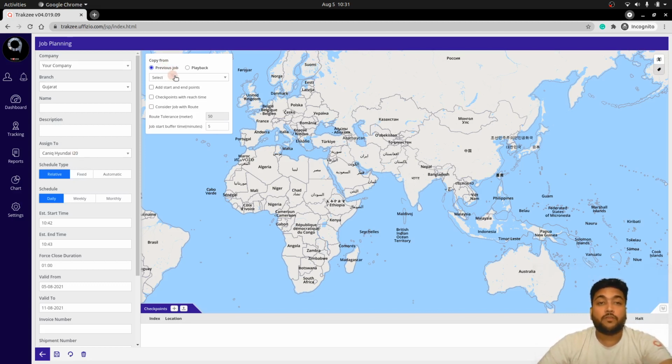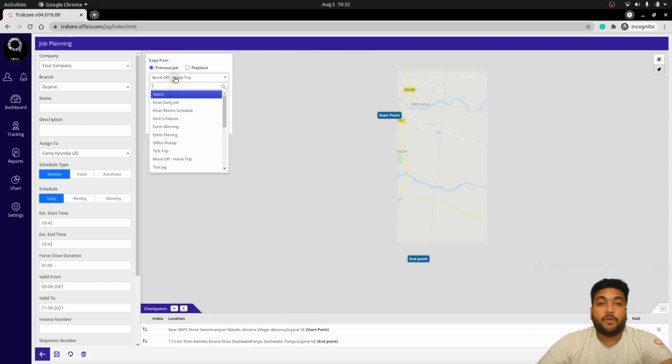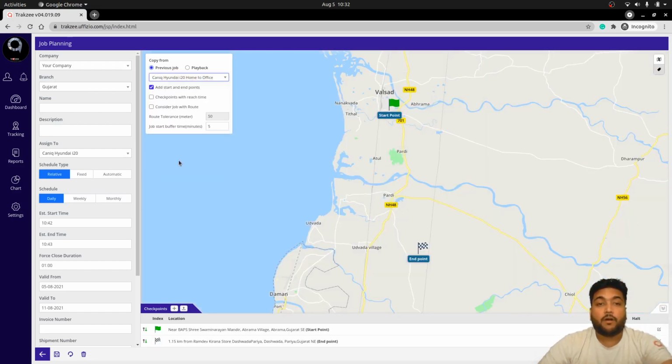Based on the selection of a previous job, you just select the particular object and the trip, and that object's information, the start point and the end point, will get reflected. If you want to assign a similar job for multiple objects, this feature will be helpful. Copying the job from the previous job will be helpful in that case.